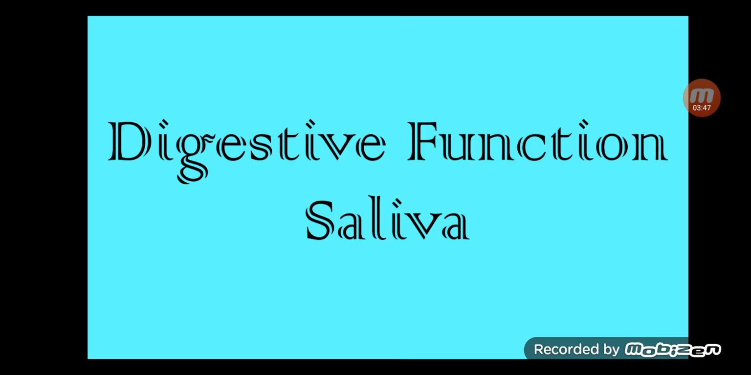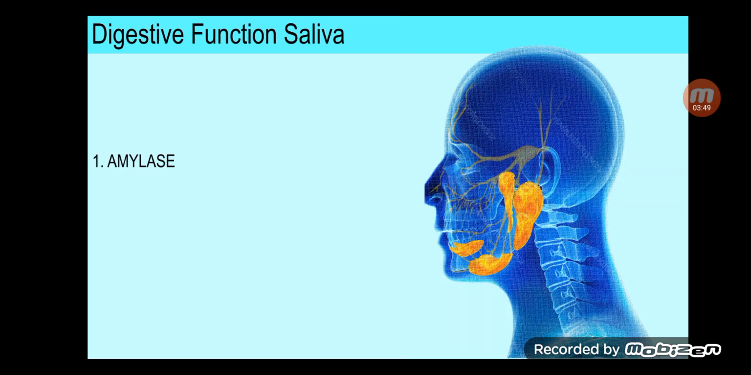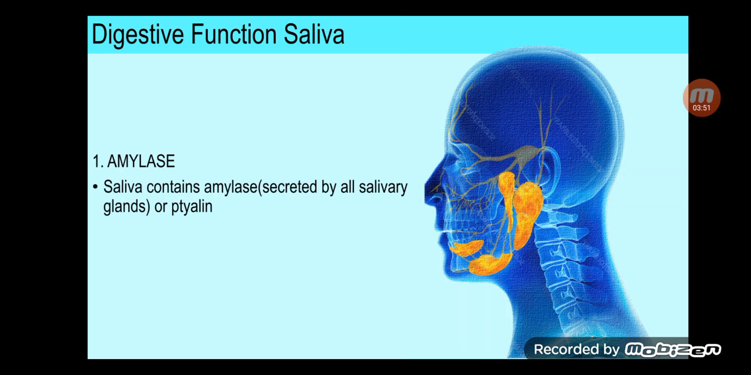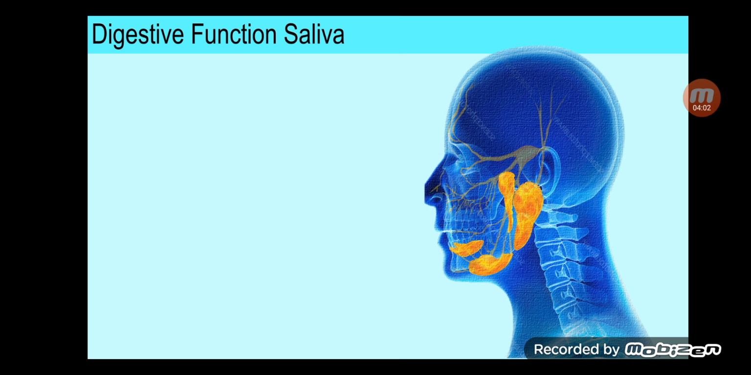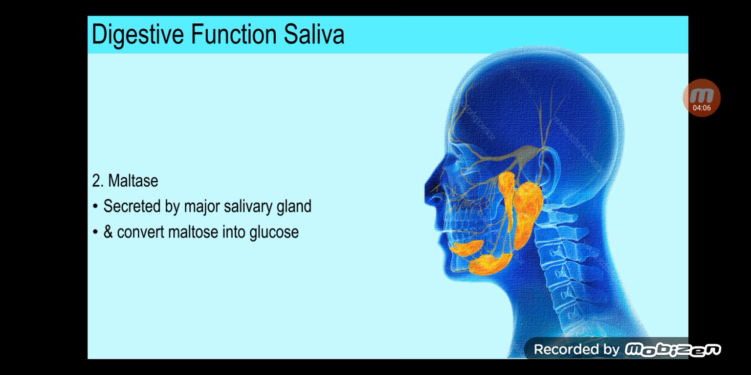The next function of saliva is the digestive function, and it is because of amylase, that is, saliva contains amylase or ptyalin that is secreted by the salivary gland, and it acts on starch and splits it into disaccharide. Another digestive function of saliva is by maltase, that is secreted by the salivary gland and converts maltose into